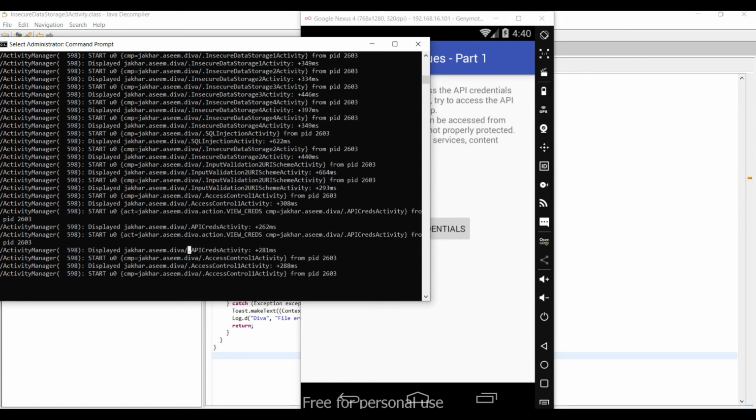So we have to look for this thing. Using that we can see. It means whenever the button is pressed, this is the activity we have to look inside. So let's do the thing.